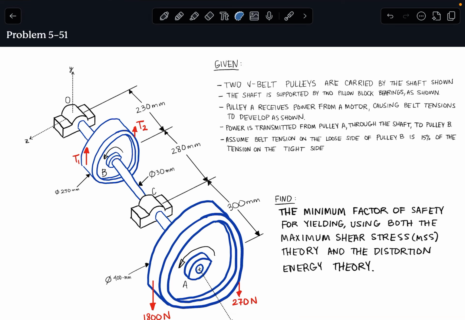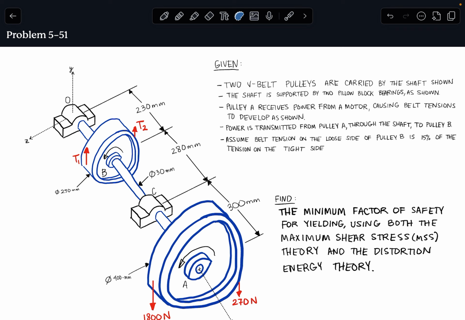Okay, today we have problem 5-51 out of the Shigley textbook, and this is a problem that builds upon problem 380, which has been solved in a previous series of videos, and we're asked to build upon that solution to determine the minimum factor of safety for yielding of this shaft using both the maximum shear stress theory and the distortion energy theory. So if you haven't seen that video, then all you really need to know to solve this